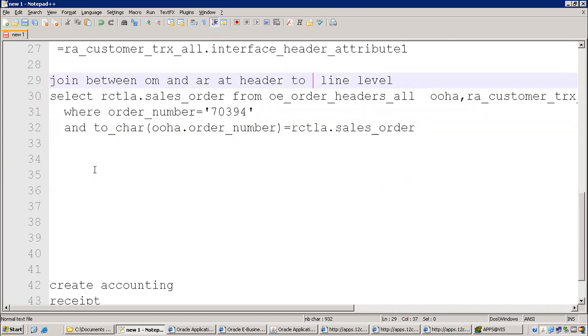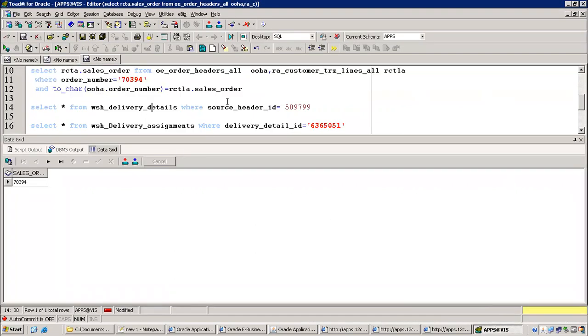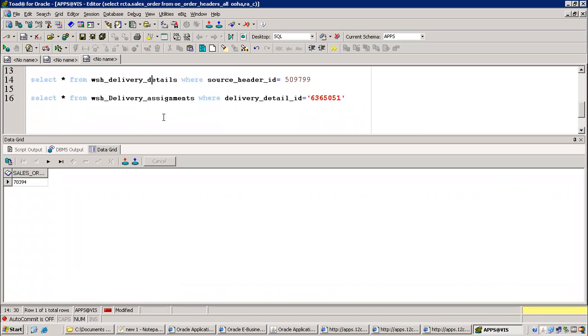Now line to line is also another join. Line to line. Three joins overall, remember. Line to line means like OE order lines all to RA customer TRX lines all. As of now, header to header, header to line, now line to line. Line to line means there are two tables I would like to combine: OE order lines